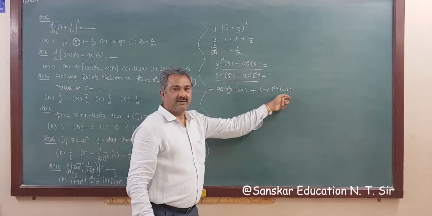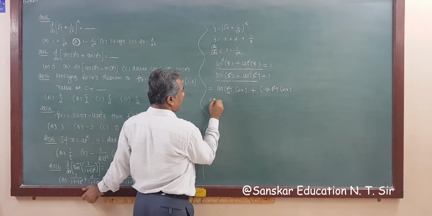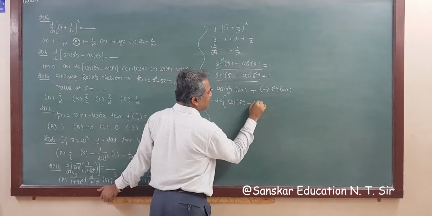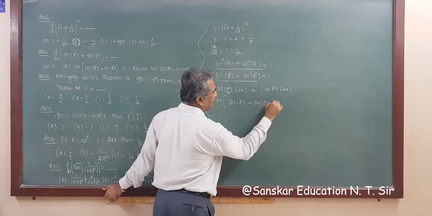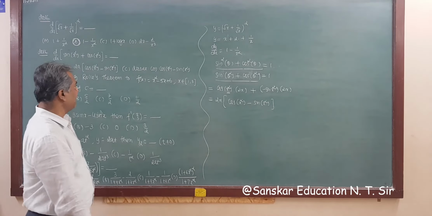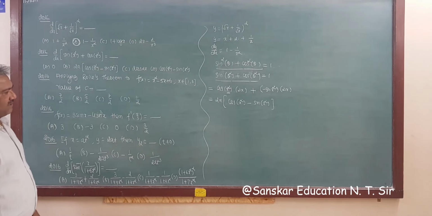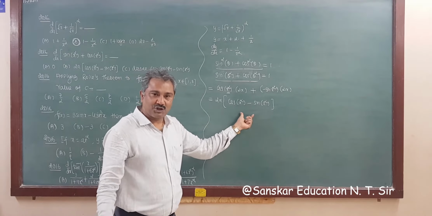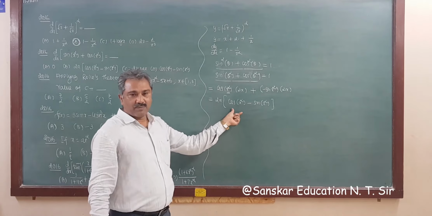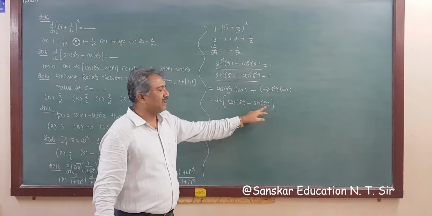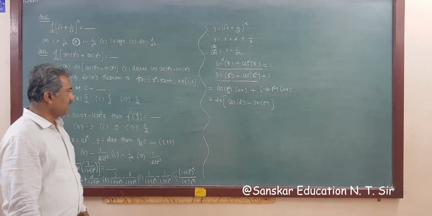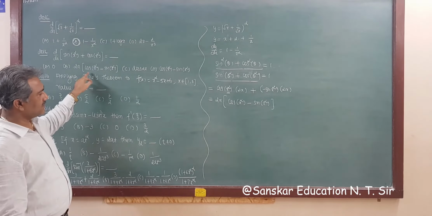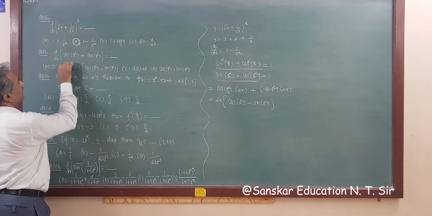So twice x is common. Taking twice x common, what we get? Cos x square minus sin x square. So this is not a formula. If here it is square, then this is the formula: cos square theta minus sin square theta is cos 2 theta. But here it is not a function of square. This is angle square. So this is not a formula. So which is your correct answer? 0. This. So option B is your correct answer.